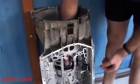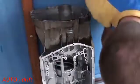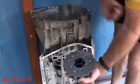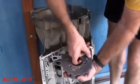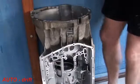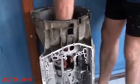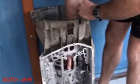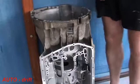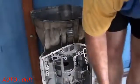Additionally, there's obviously a bearing set that sits in there, and now what I'm going to do is put in the Ravigneaux set. Like when you pulled everything out, it's best to hook your fingers in underneath here so you don't drop it. It's fairly heavy. There we go. Now once that's in, we're going to put in